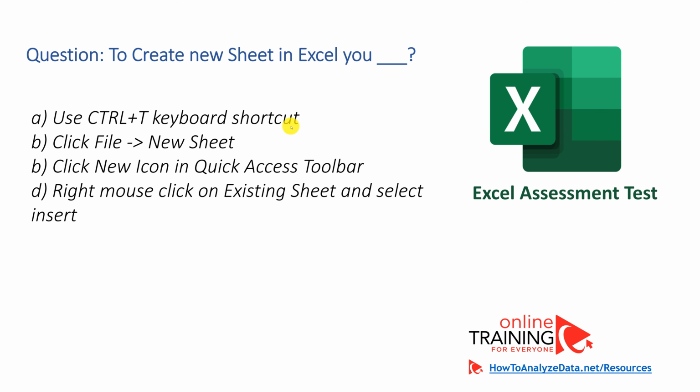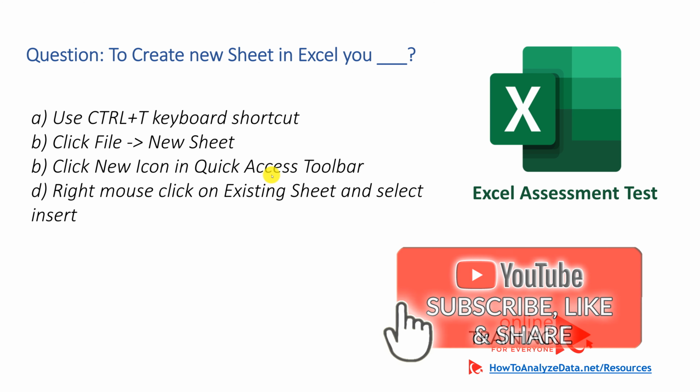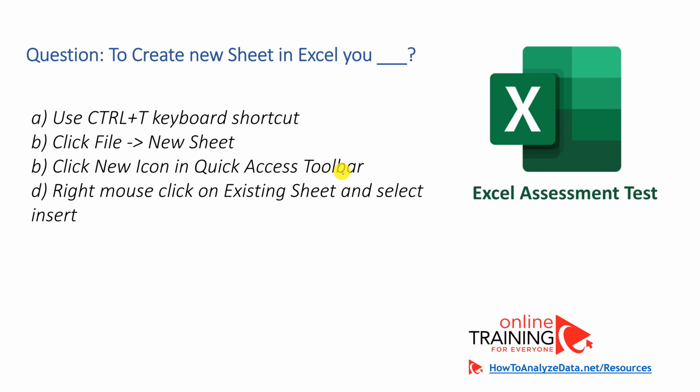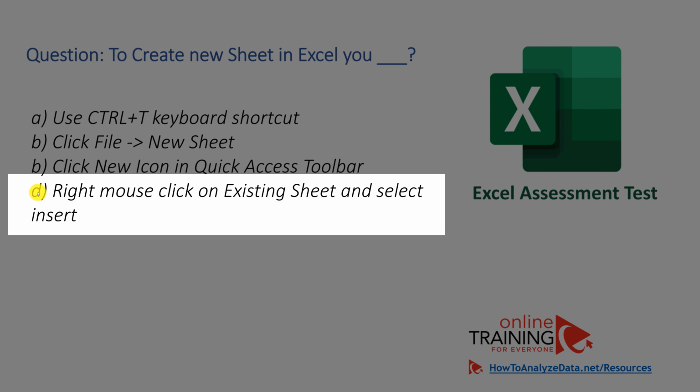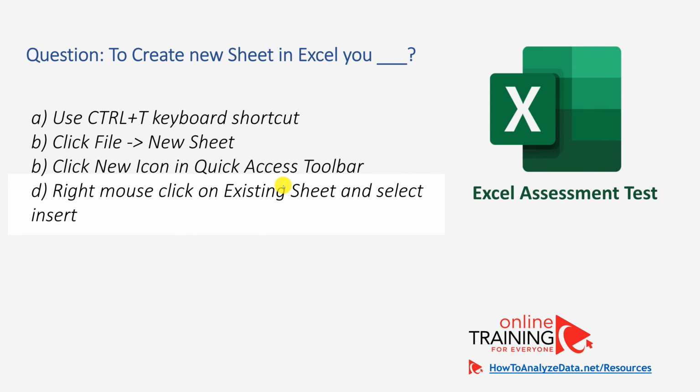Ctrl-T keyboard shortcut is used to create new tables, not new sheets. File, New Sheet option doesn't exist in Excel menu. New icon in the Quick Access toolbar creates a new workbook, not a new sheet. So through the method of exclusion, we came to choice D, which is the right mouse click on existing sheet